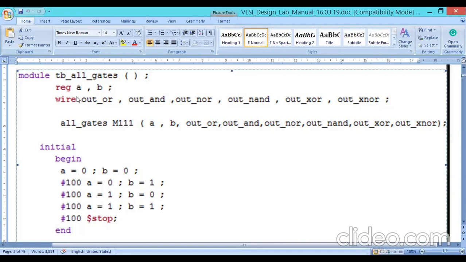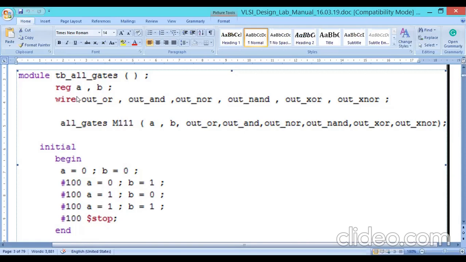You can easily vary it because a tool or hardware can be developed like that. If you declare as reg, the design will easily accept multiple changes. If it is a wire, it means only a particular change you will get. Some designs declare as reg for both input and output.